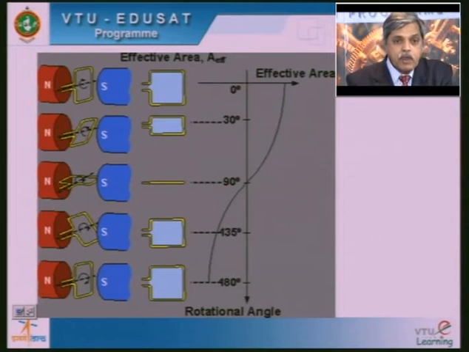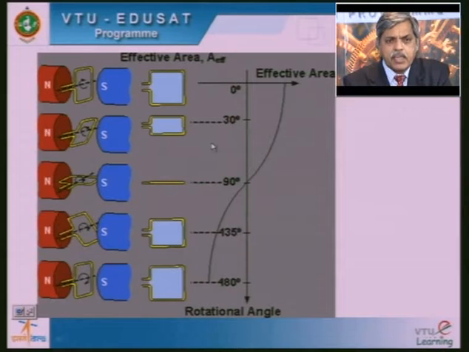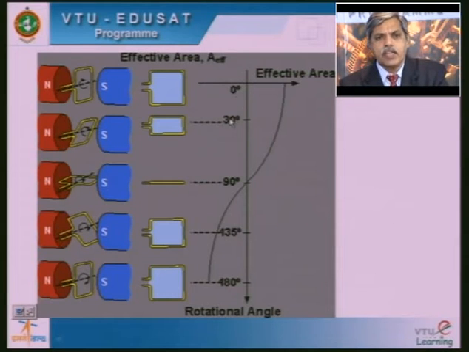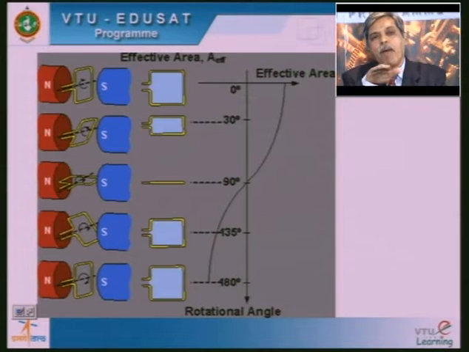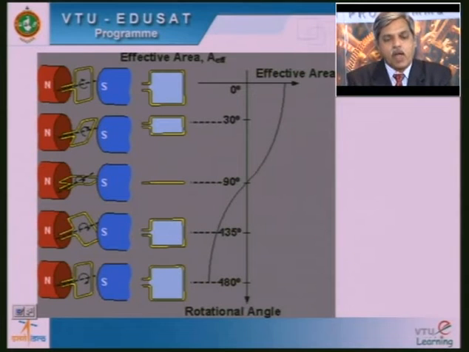And again, with a further rotation of 135 degrees, you have a certain area offered. See, every step I am increasing by 30 degrees here: the first one is 0, then 30, then 60 degrees, and again the area still decreases. At 90 degrees, the plane of the coil will be in the direction of the magnetic field, or the flux lines will be parallel to the surface of the coil.